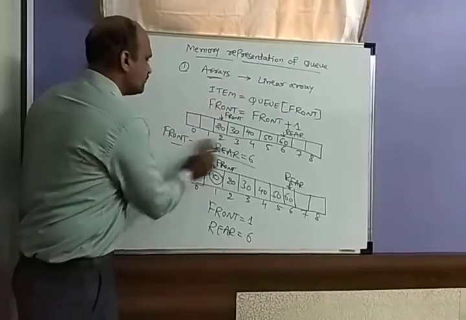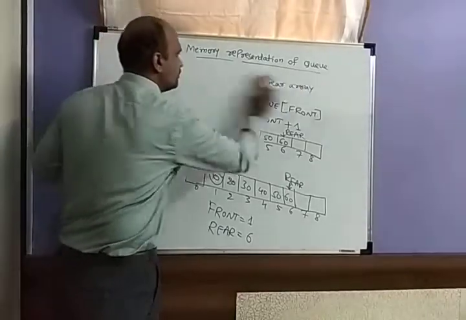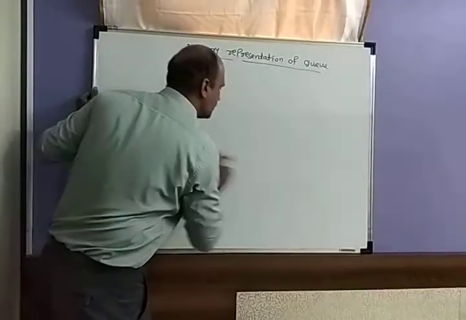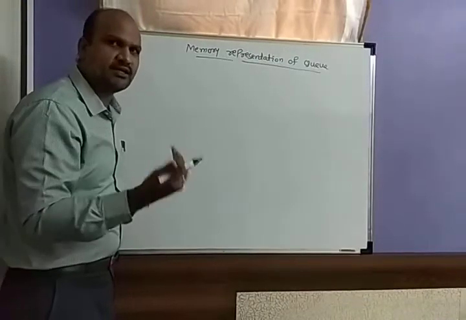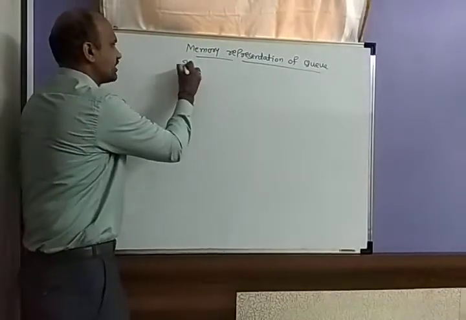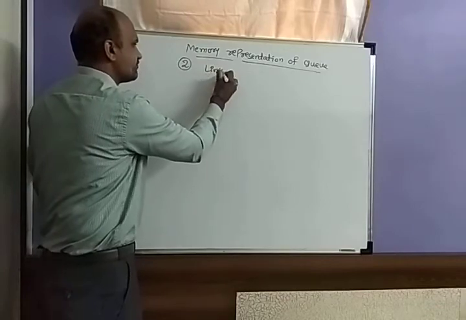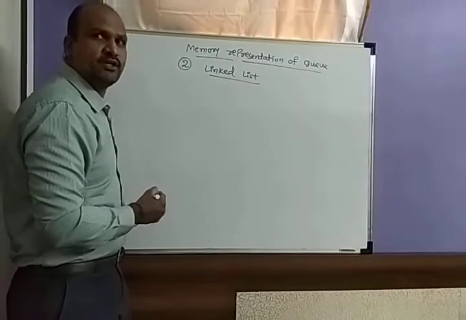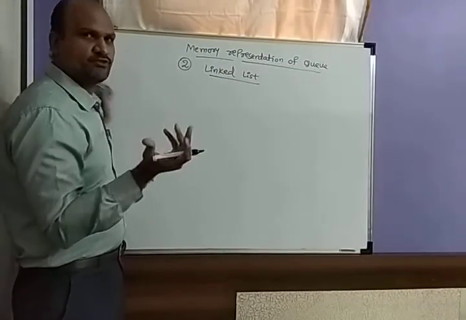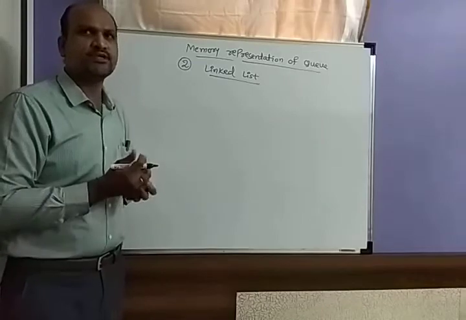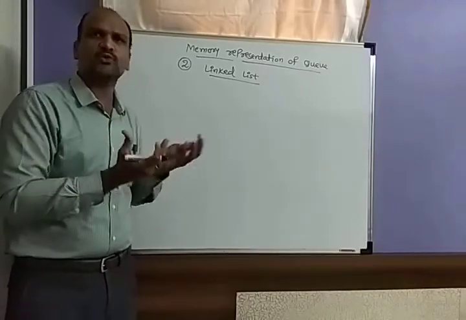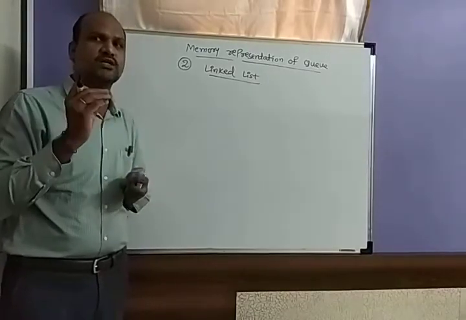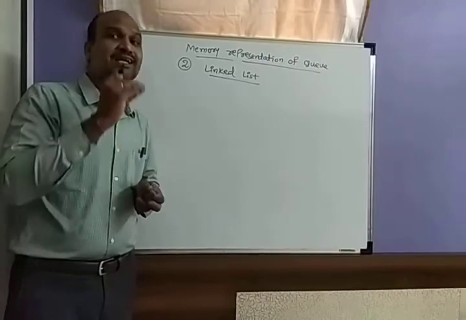Okay, next if you go for the second one, as I told you, with the linked list it is very simple. Okay, so here as I told you, in the linked list we are creating some nodes. So second one, using the linked list. See here. So here the same, here also you need front and rear. Okay, the pointers, these two are, as I told you, the two pointer variables. The pointer front, what it will do, it contains the location of the first node of the linked list.